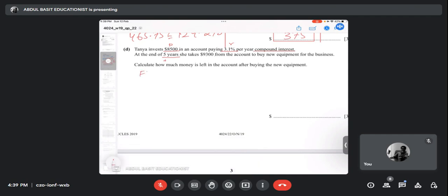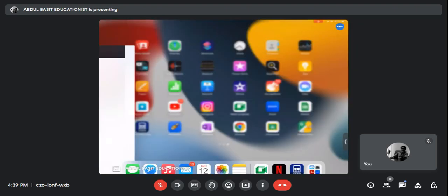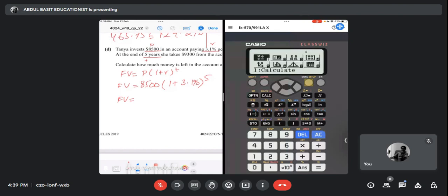So first of all, उसकी investment को mature करें. Principal bracket 1 plus r power t. 8,500 into 1 plus r is 3.1%, and the time is 5 years. So we have the calculator already. So 8,500 times, और bracket लगा दें 1 plus 3.1%. So shift and the percentage button, bracket and the power button, and then it's 5. So the investment is